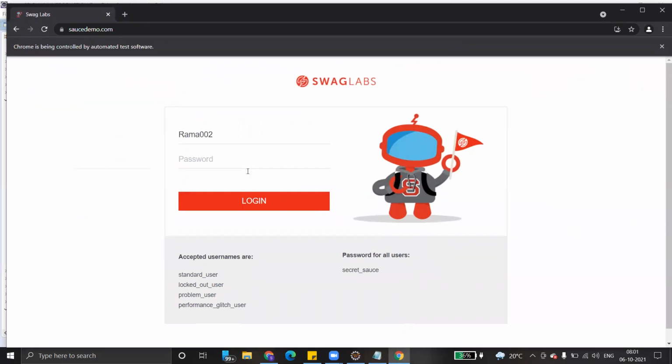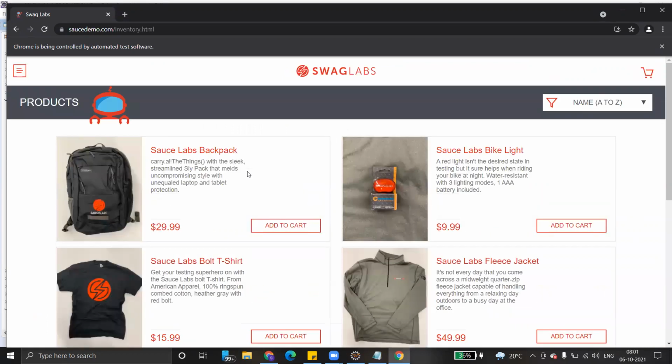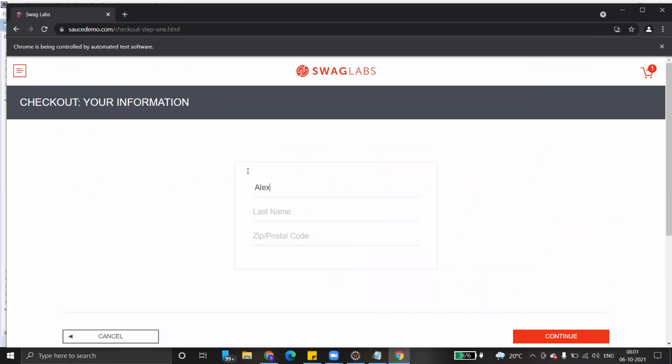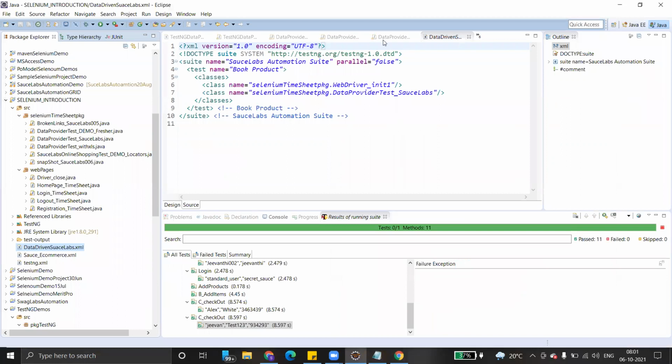See, parameterization is happening. The first record is over, second record is over, third record it is taking, and fourth record also it is taking, and the last record it has entered properly. So that means it has been executed 4 times. Yeah, we need to tweak the code a little bit. Again, it is parameterizing from where it is taking.